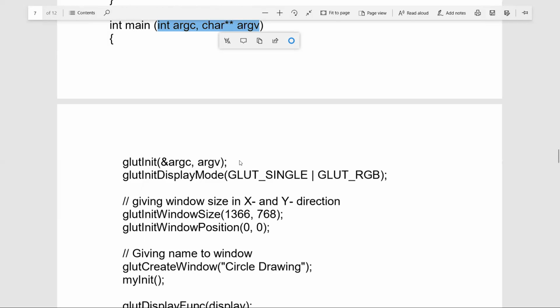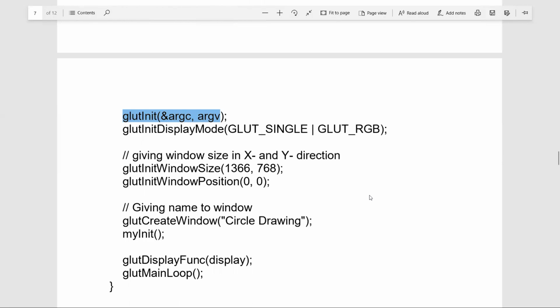Now glut initialization is ready as step 1, as we are using glut. Let us now go ahead and apply step 2.